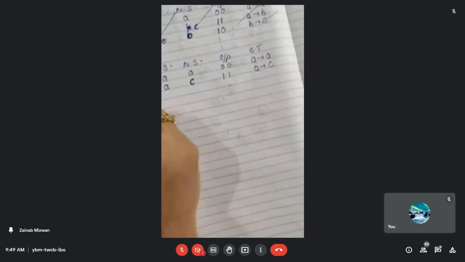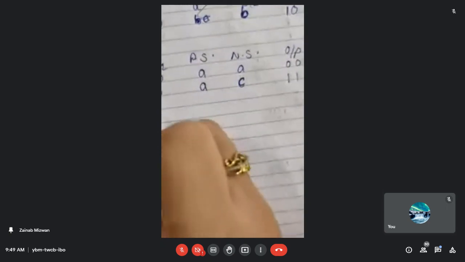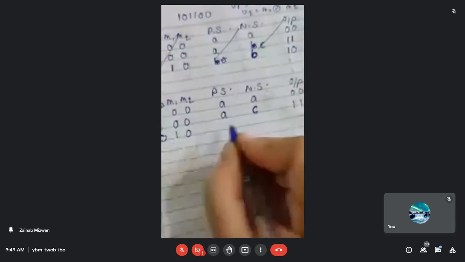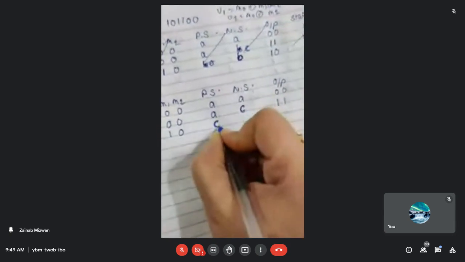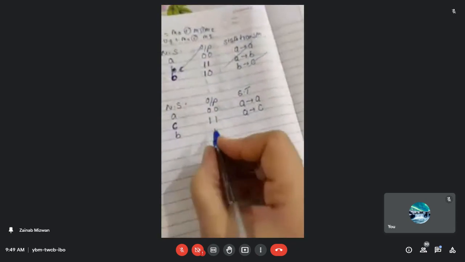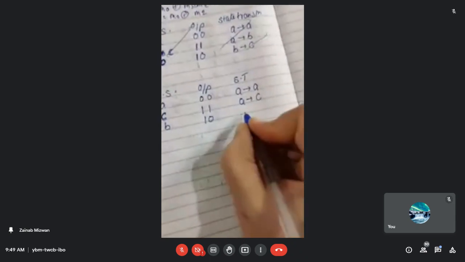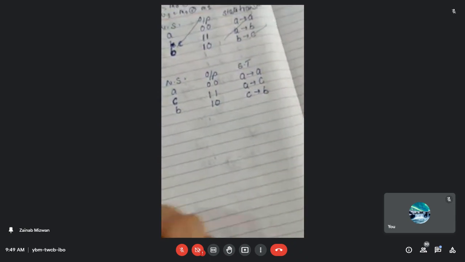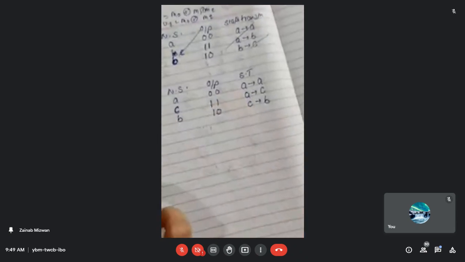Then again the another bit is 0, and the 0 will be transmitted over here. What we are having is 0 1 0 over here. Again 1 0, it is nothing but the state C, and now 0 1, the state will be B over here. Thanks Rumil, otherwise हमारा पूरा numerical wrong हो जाता. 1 0, and now the state transition is from C to B over here.